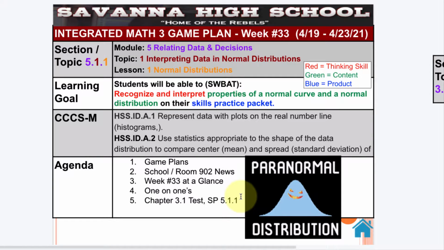And to really start us off for our math lesson this week, the paranormal, meaning like not normal, right? Do you believe in ghosts? Well, this little picture here will help you for the rest of Module 6 when we're learning about statistics. Paranormal distributions, okay? Distribution is just a graph. So, remember that ghost, or do you believe in ghosts? That's like a big kind of picture idea there. Normal would just be that curve.